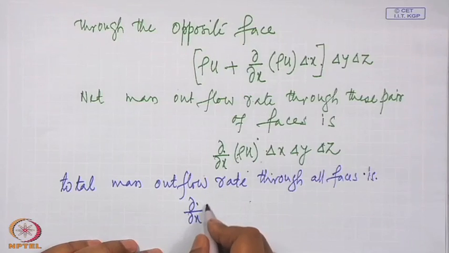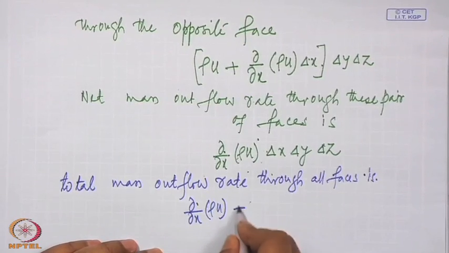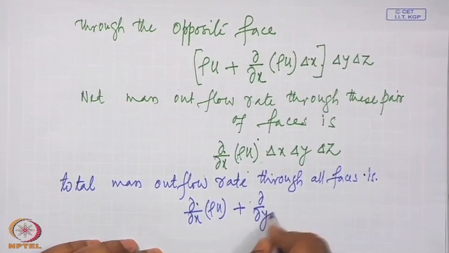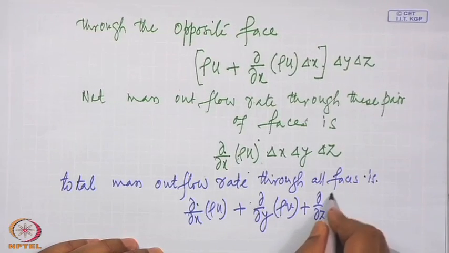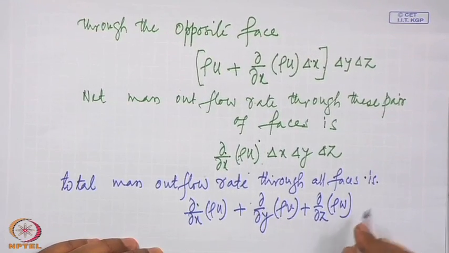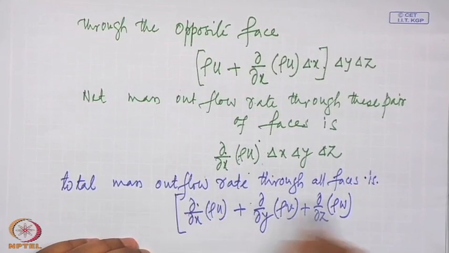So, when we add, it becomes d dx of rho u plus d dy of rho v plus d dz of rho w into